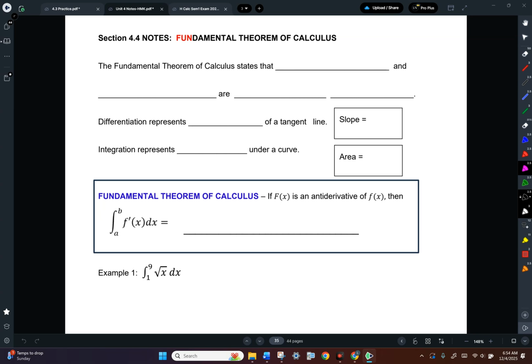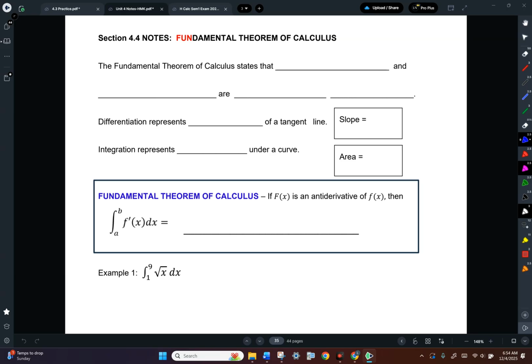All right, this is section 4.4 in calculus, and this is the big one. This is the very first day of about 2 weeks. So this is just going to be a little bit of an intro, a little bit of the algebra or the mechanics behind it, and then we'll get into much more of the understanding in the next 2 weeks. So, first of all, the fundamental theorem of calculus